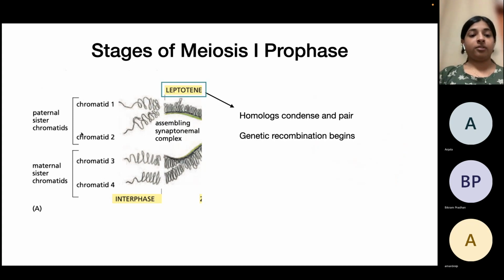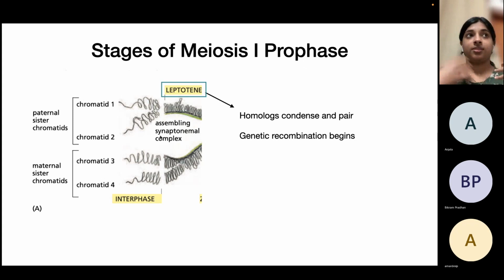So there is a paternal chromosome, there is a maternal chromosome. They have replicated, so they have sister chromatids each. So each chromosome will have two sister chromatids, which have been labeled 1, 2, 3, 4 over here. First, in the interphase, they are present as chromatin, randomly present in a nucleosome-like complex. And in order for cell division to happen, it needs to get condensed to form this chromosome that is then separated. So in leptotene, what happens is the chromosomes get condensed and homologous chromosomes start recognizing each other,